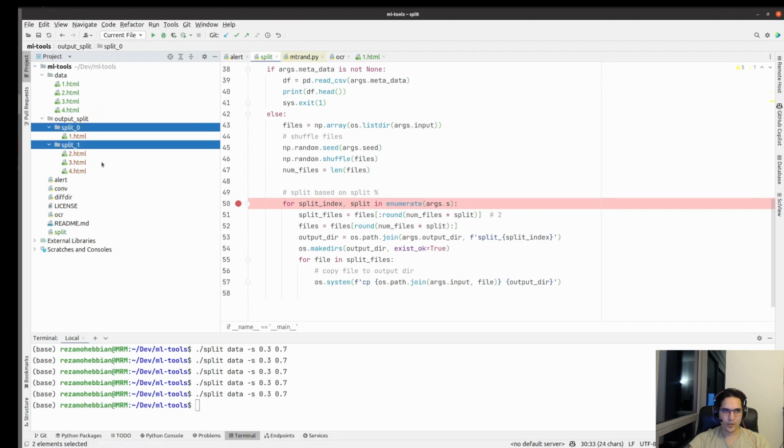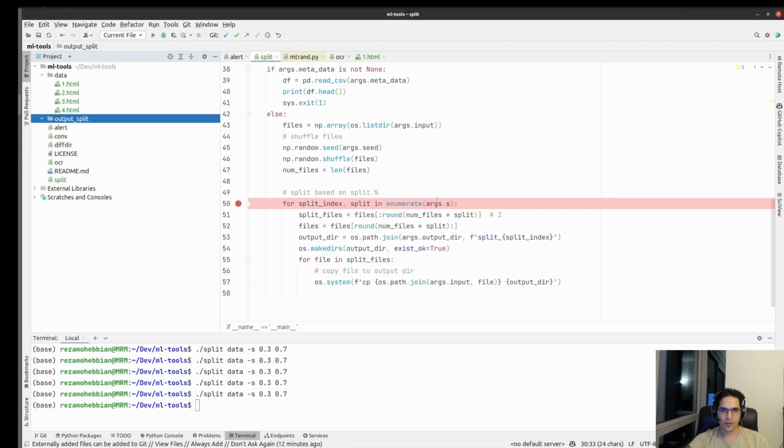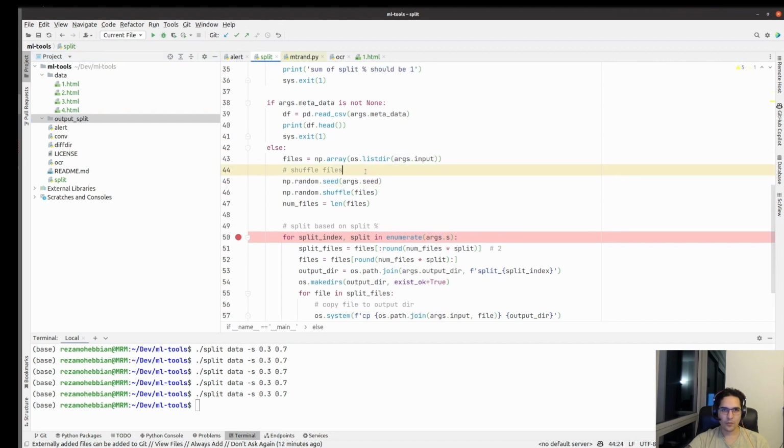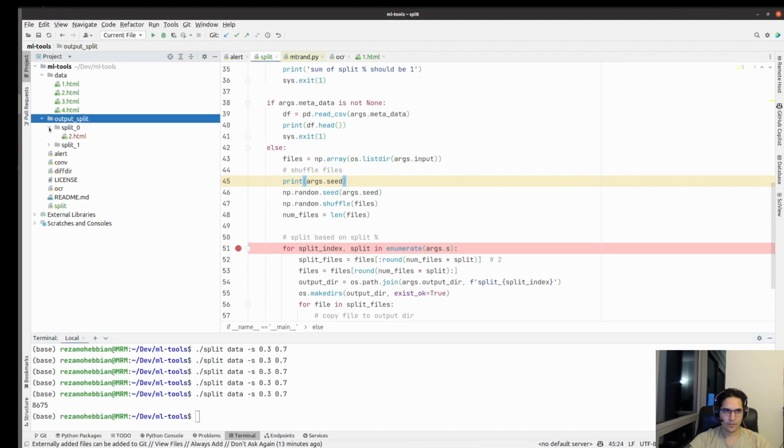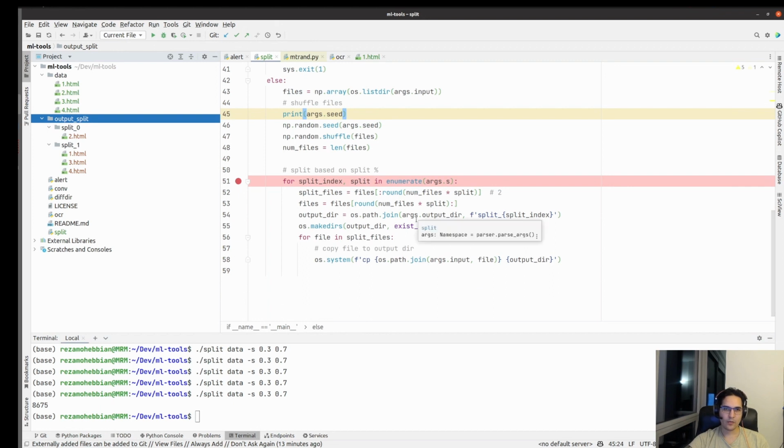Why is it always the same? Let's print seed. I don't know why this is happening. Okay, that worked. So just changing that into round fixes that,